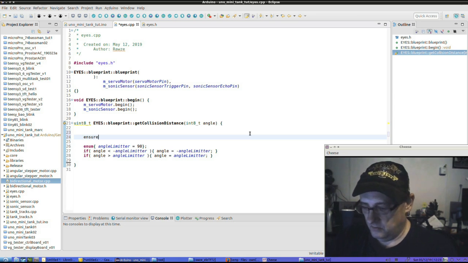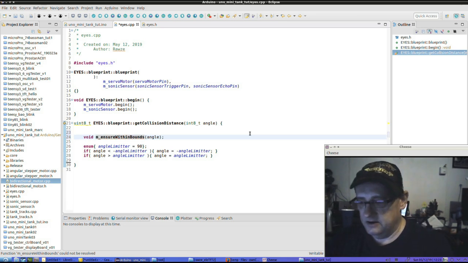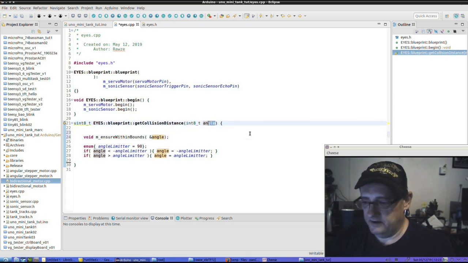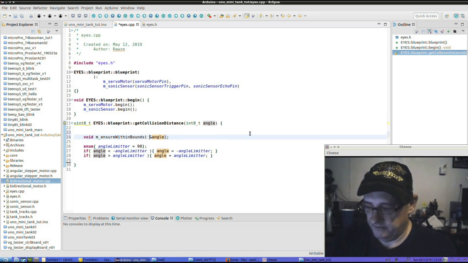and why don't we say ensure within bounds angle. Of course, we can make that a private function, and we can make it void because we don't really need anything back. And then we can use the address of, which means edit live. In other words, edit whatever's being supplied to it live, rather than give something back and take something in and copy it. And of course, this is going to be an int, a data type,